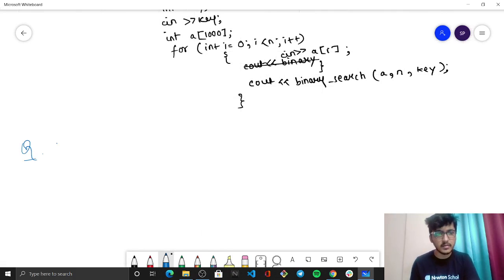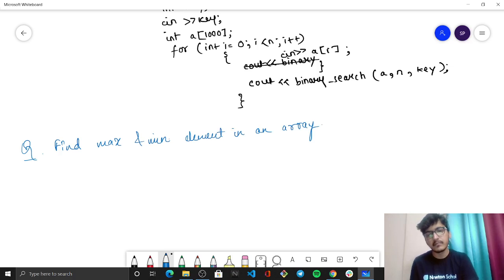Very simple assignment. Find maximum and minimum element in an array. That is one of the assignments that I would like to give you.